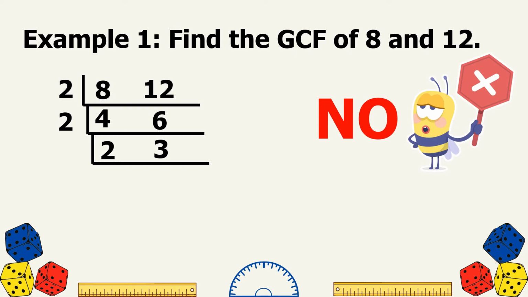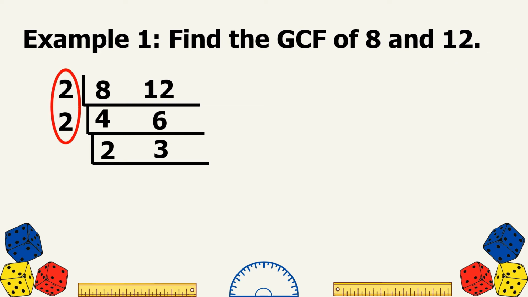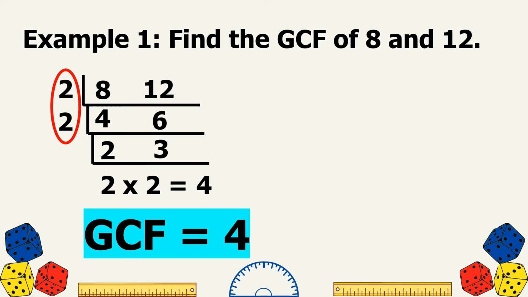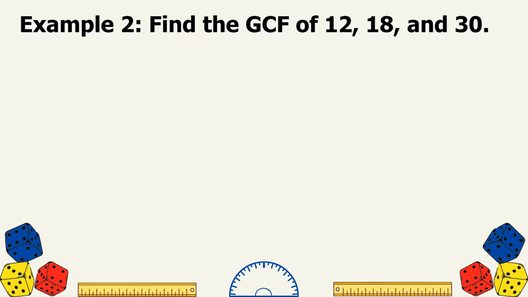Next to do is to take the numbers on the side and we will multiply them. So 2 times 2 equals 4. So the GCF of 8 and 12 is 4. Now let us get the GCF of three numbers. Find the GCF of